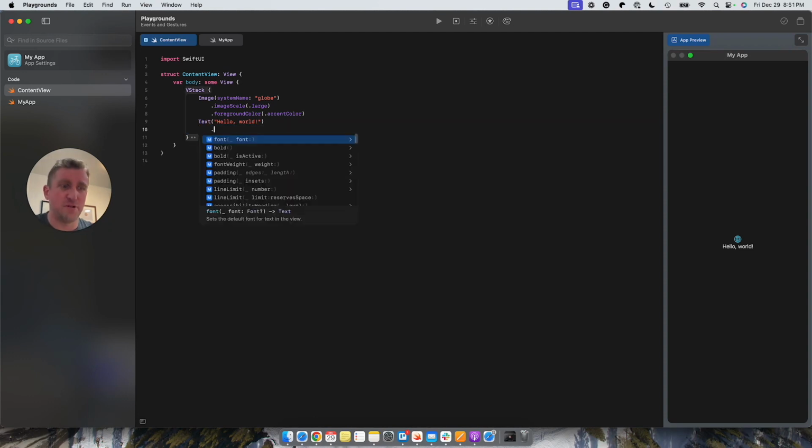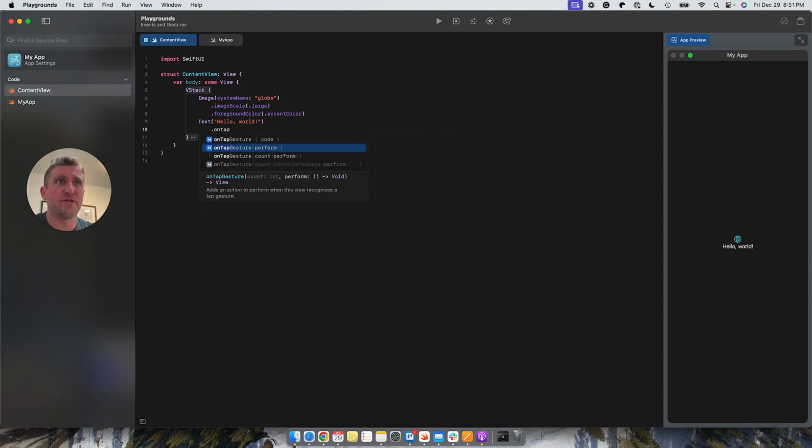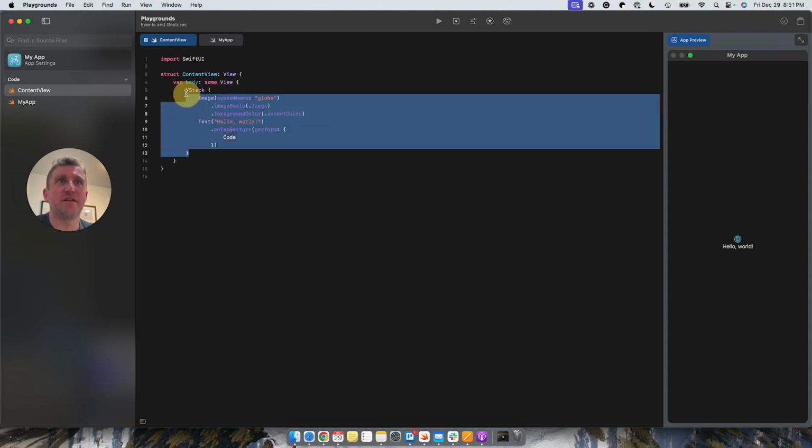So I'm going to just show you what that looks like real quick. onTapGesture perform. Anytime the Hello World here is tapped on, the onTapGesture event will trigger and the code inside will trigger as well. So that's what we got. Let's go with a full basic example here. Let's change some color of some text. So let's delete the stack view